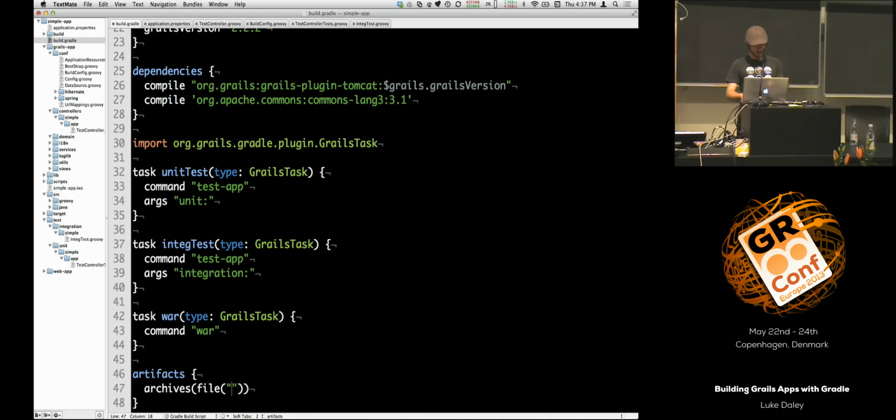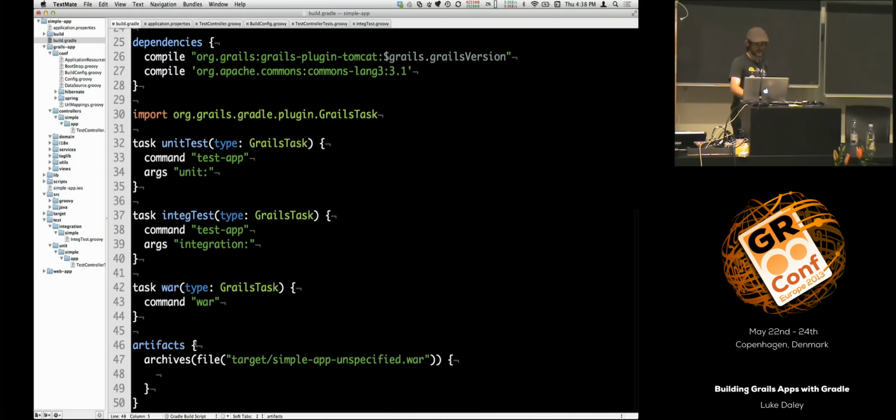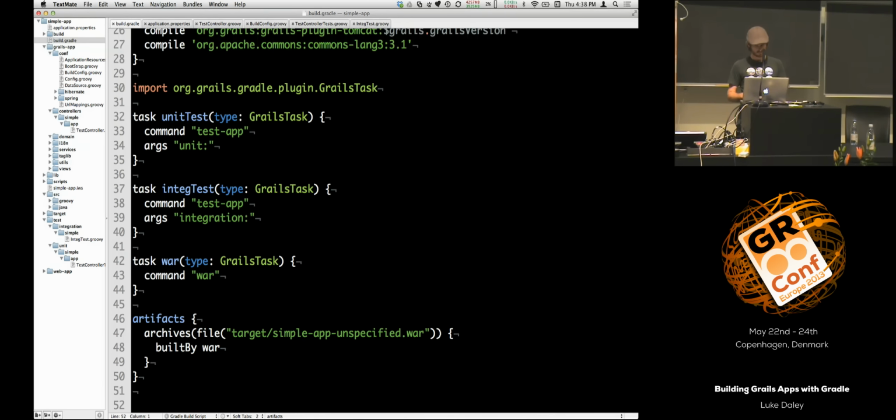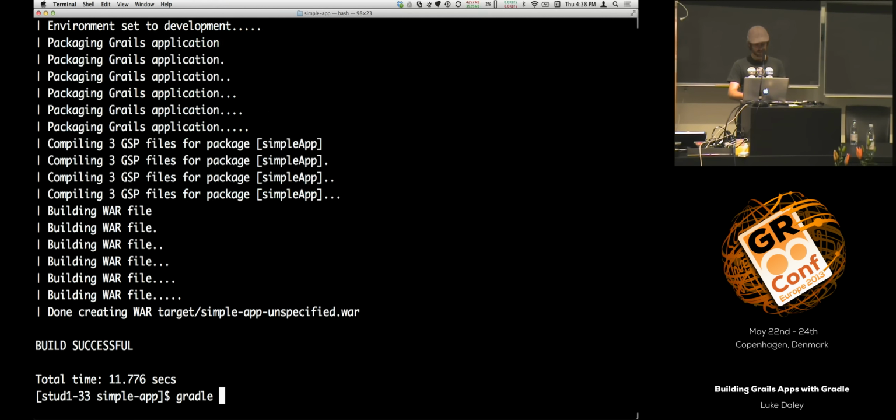So I'm going to say that there is a new artifact that is part of the archives configuration. This is a DSL in here. And that is actually built by the WAR task. So it's a file, that's where it's going to be, and when I need that, that's the task that can produce that for us. So that gives us,